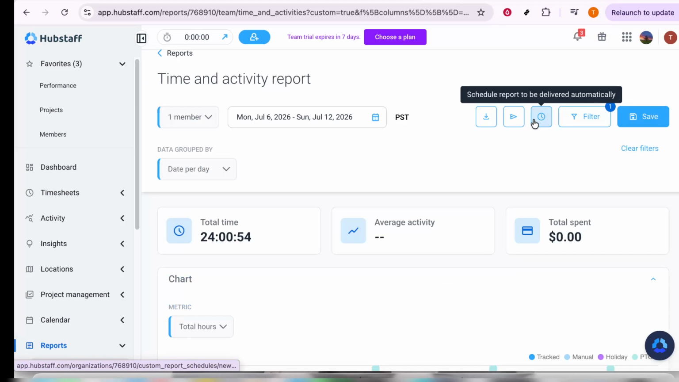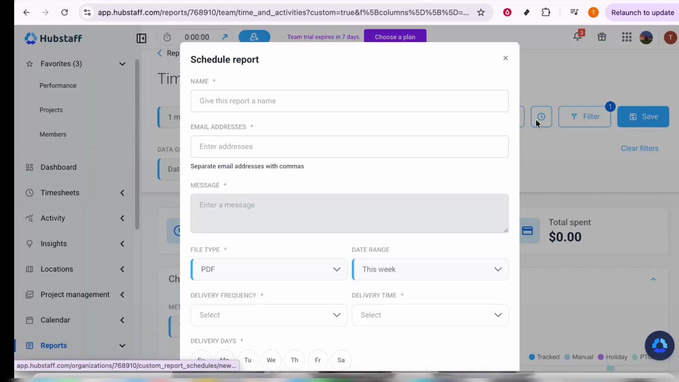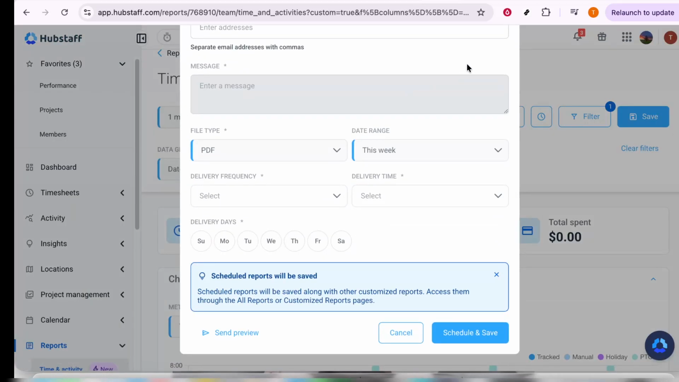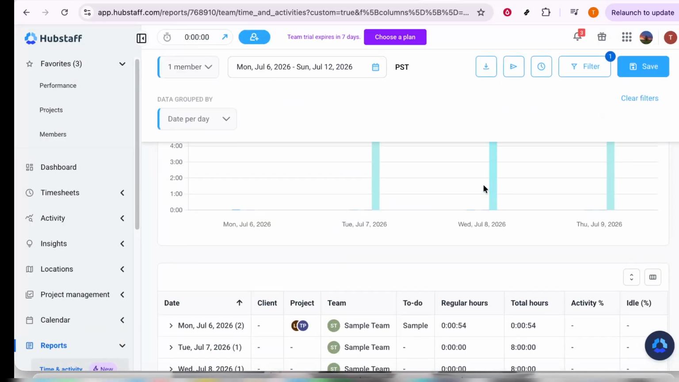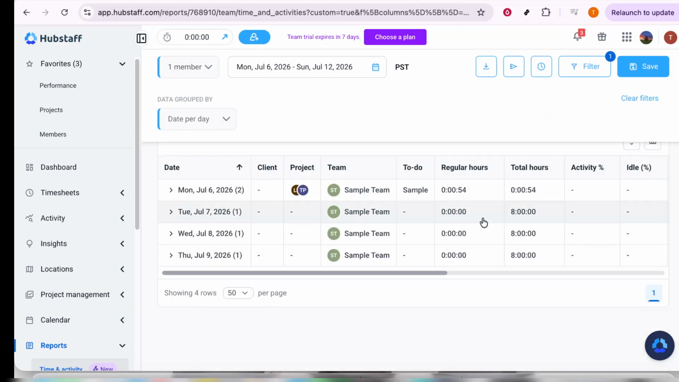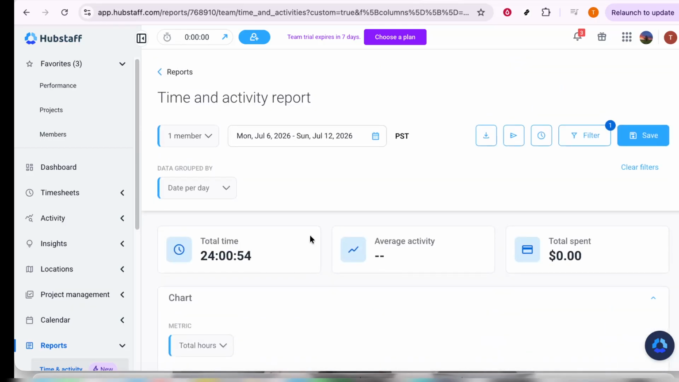Finally, when you're satisfied with all the selections and settings you've adjusted, it's time to finalize and export your report. You have two options here. You can either click on the download icon to save the report directly to your device, making it easily accessible for offline review, or you can use the send icon. This feature is particularly useful if you need to share